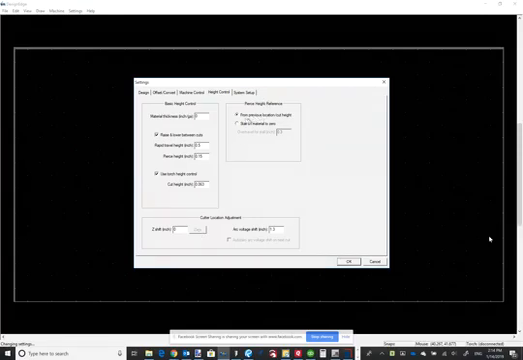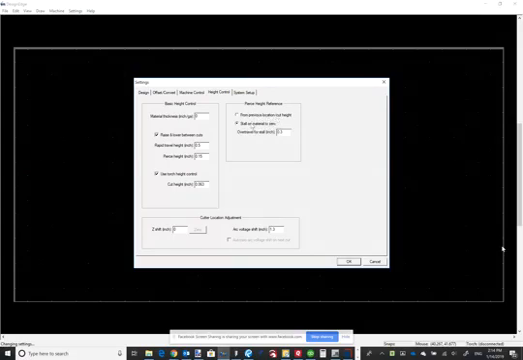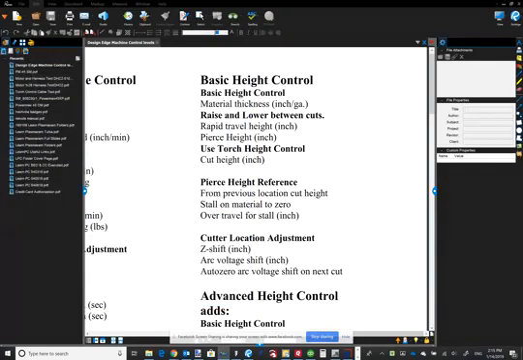And then you could use it from that location, or you could have it actually over travel and stall out on the material to determine where the top of it is. And I explained the same process for setting the arc voltage shift works for basic as it does advanced. So let me kick it back up here now